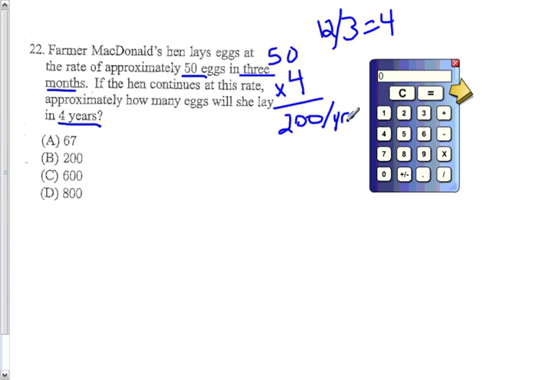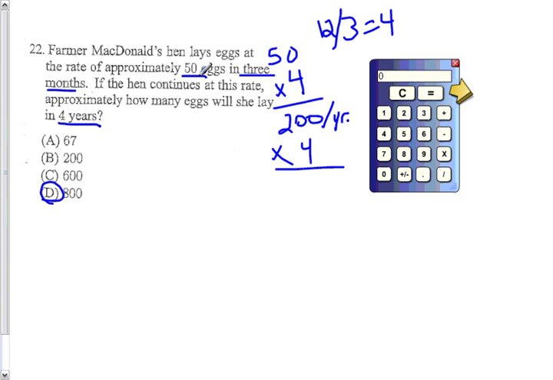And so in 4 years, we just do 200 times 4. So in 4 years, she can lay 800 eggs would be our answer. And if we look through some of the answer choices here,